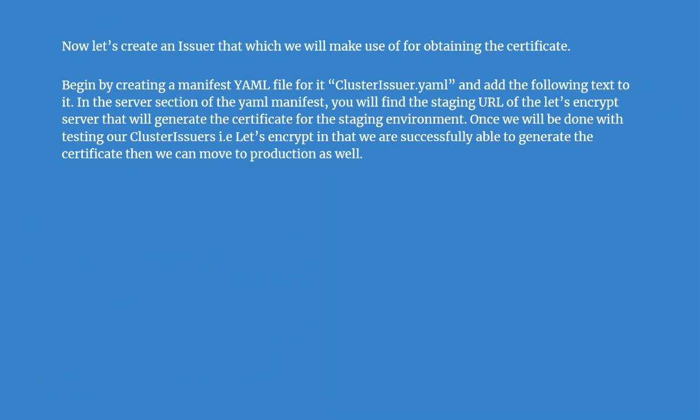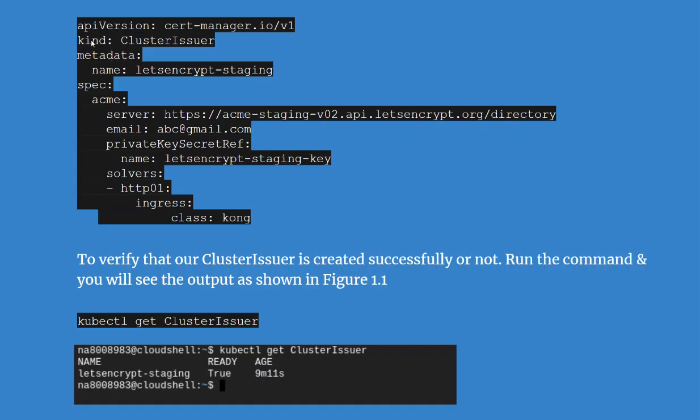We will create a YAML file, cluster-issuer.yaml, and here is the file. Here we are defining its kind as ClusterIssuer, and its API is cert-manager.io/v1, and we are just giving its name as letsencrypt-staging. Then we are passing its spec. You should pass your email ID here, and the server will remain that. Then you give the private key reference, letsencrypt-staging-key, and here are the solvers, HTTP01 and ingress, and that ingress class HTTP01 we